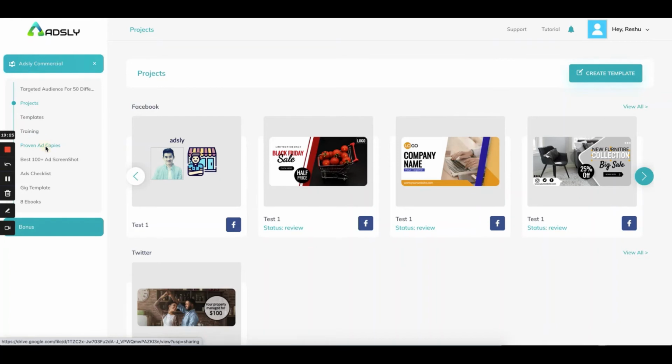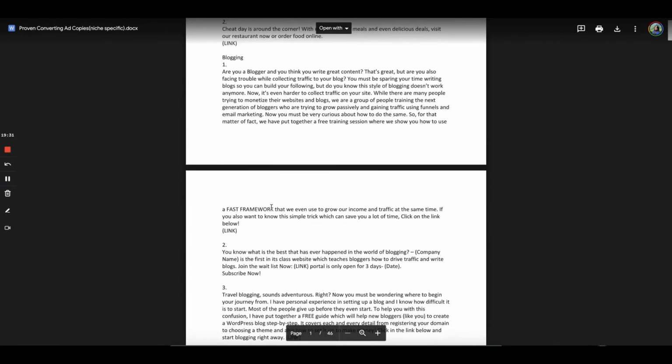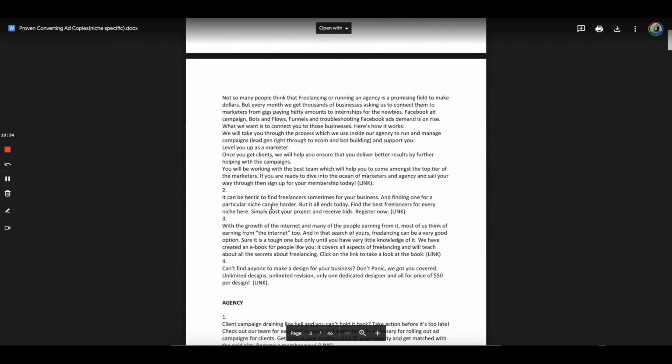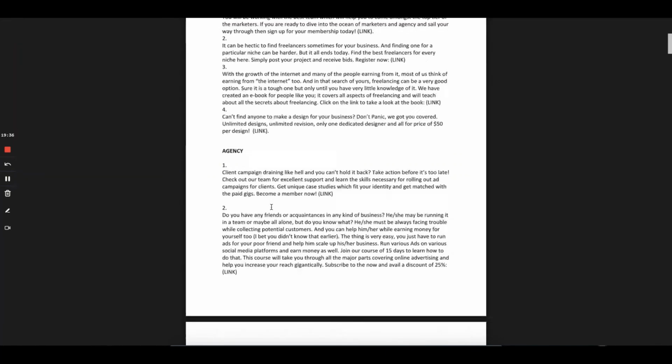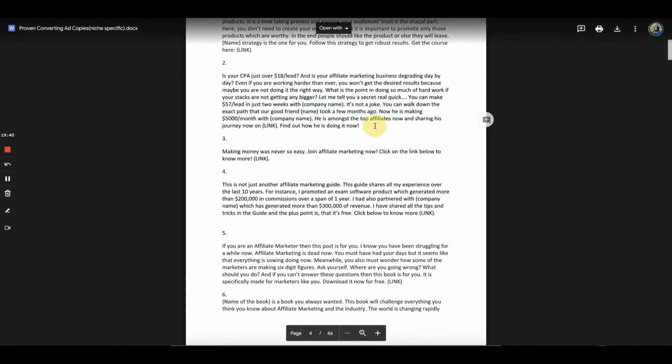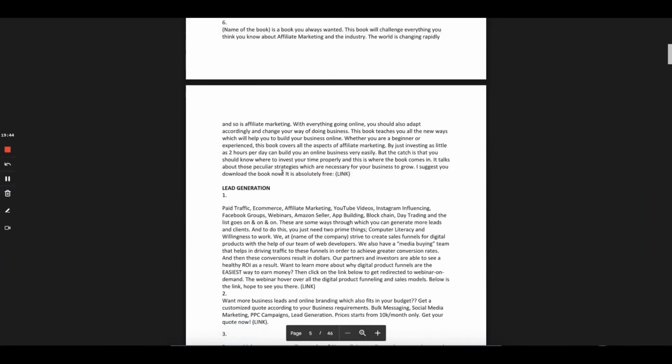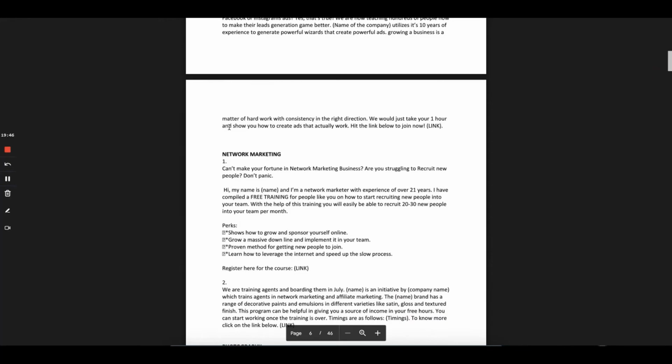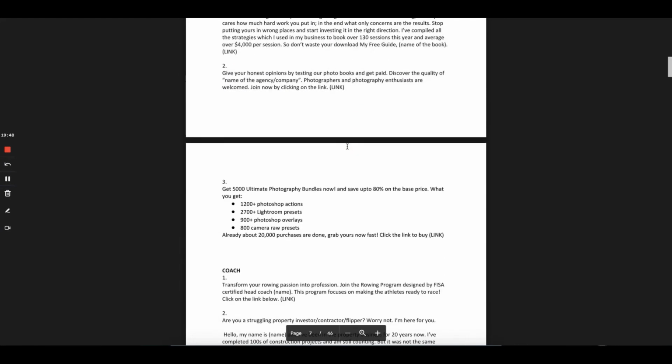Then we have proven ad copies of 50 different niches for you, so that when you are running an ad for any of your niches, you can copy the ad copies from here and use them inside your ad, making basic changes like your company name, your product name, and everything.